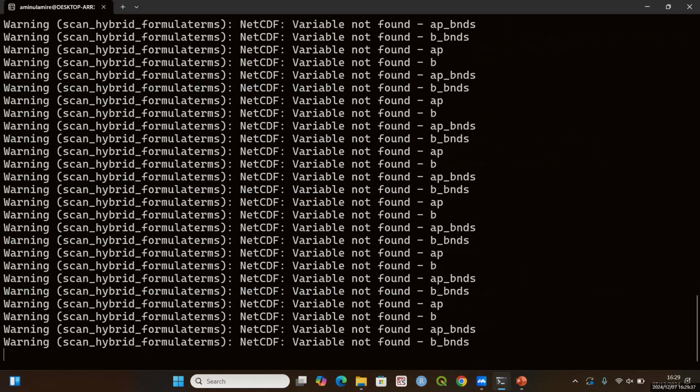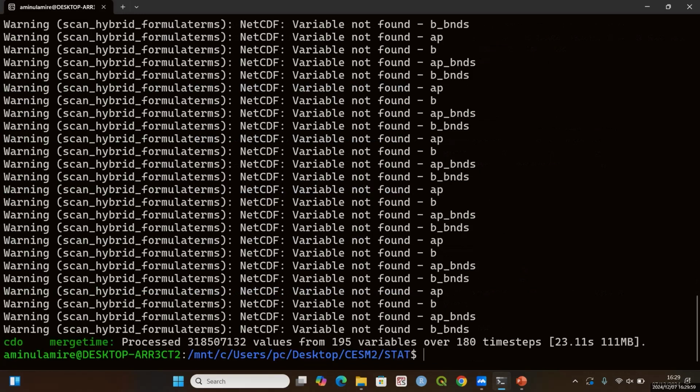You can see it is trying to merge. It's giving me some warnings, so you can disregard those warnings. So it is trying to merge my files. If your files are very big, for example, you are merging daily global data, it may take some time. Or if your computer is very good, then that's okay. Like this one now has finished. So if I do ls,